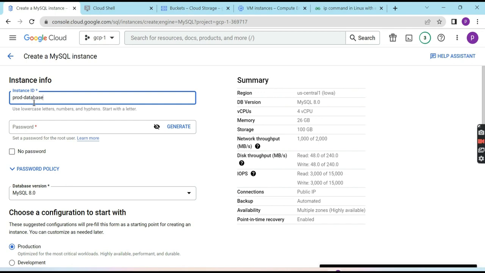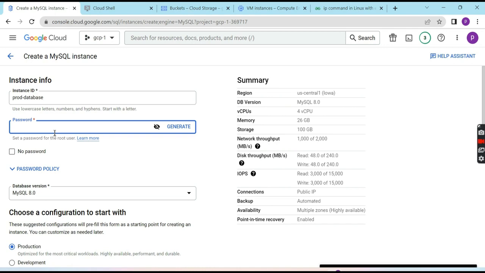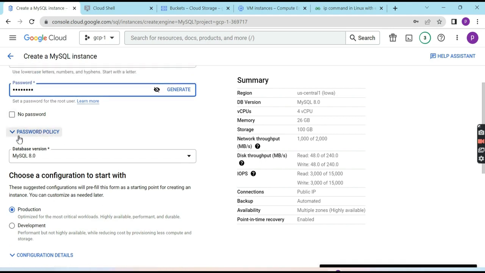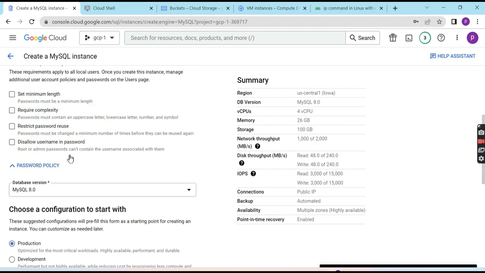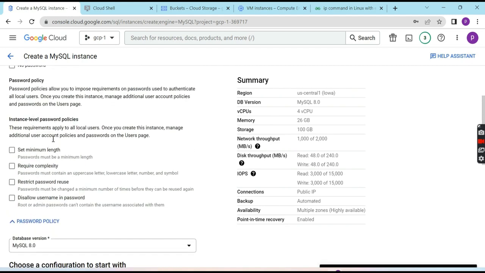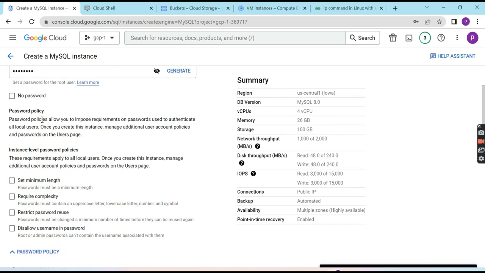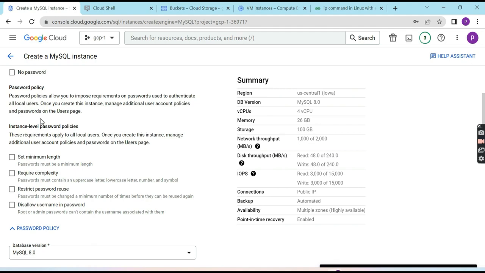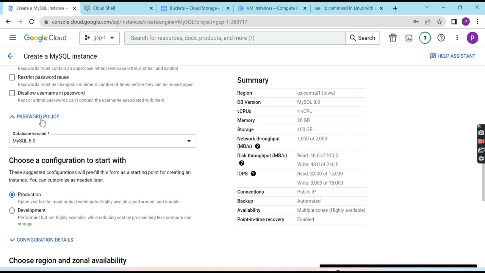and you can specify a password for it, or you can generate a password based on your wish. I am setting my own password, and you can also mention no password, though no password is not a good practice. You can also set the requirements, such as the minimum length, and the password policy. It basically defines the complexity and the strong-password capability, which you can configure in the